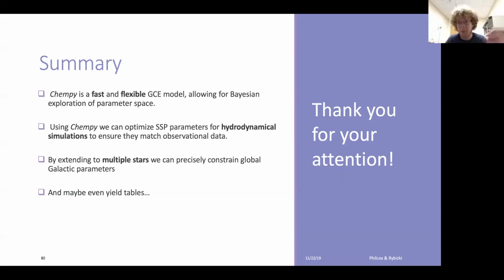And I think this approach will be much stronger with more data points, because now that we can do this inference on multiple stars, global galactic parameters can be constrained really tightly, and maybe even yield tables can be constrained.